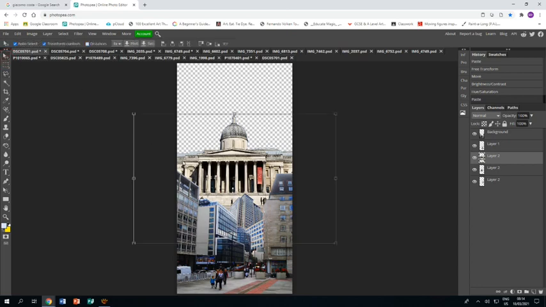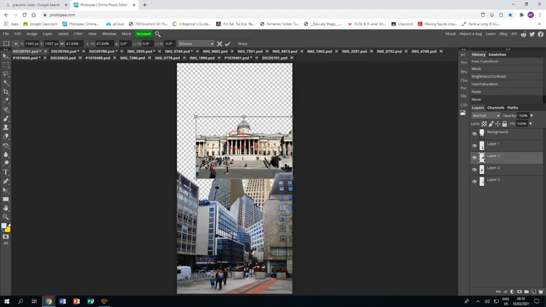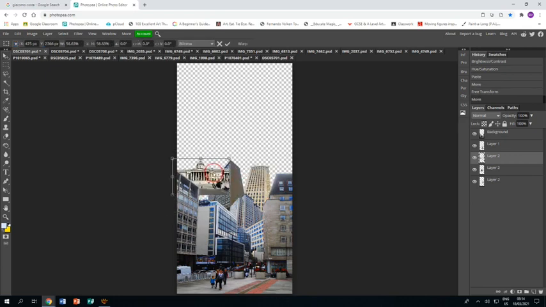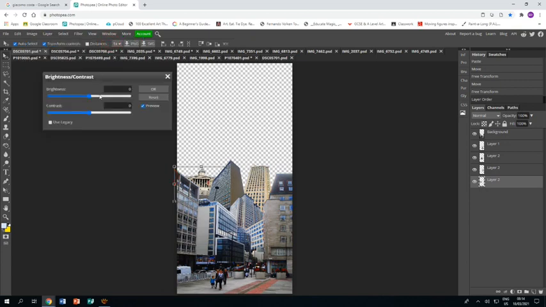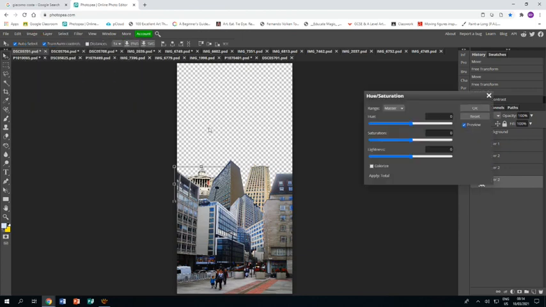There it is. Then same again, use the arrow tool to resize, holding shift so it doesn't stretch or squish, and resize it so that it fits into another space. Okay, now we can drop that layer down and do the same again, image adjustments, brightness, contrast, bring up the brightness and the contrast, click OK. Image adjustments, hue saturation, and bring up the saturation a bit, make it a bit more colourful. Okay,